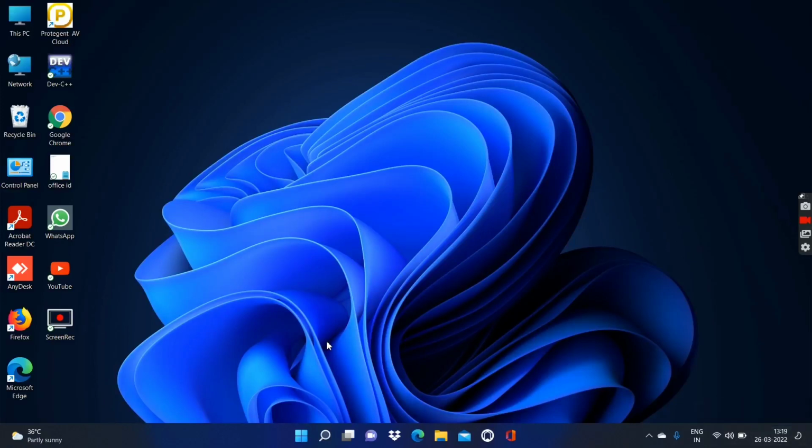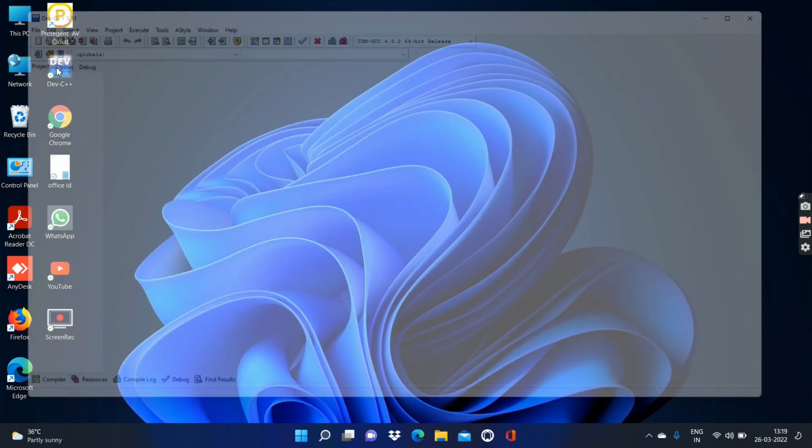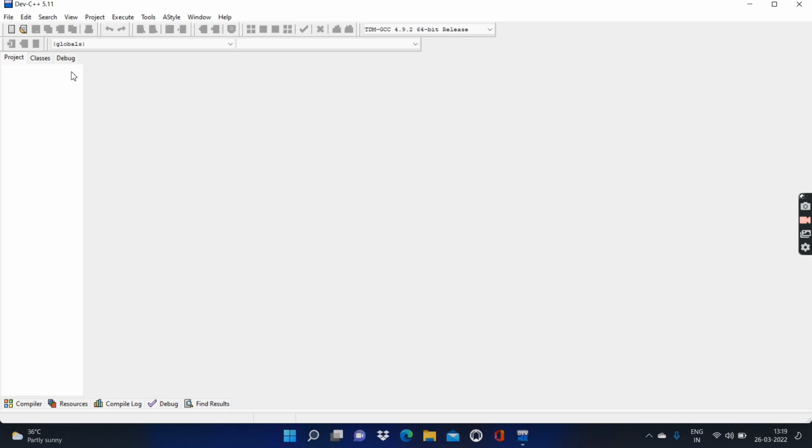So in today's video we'll see how to print the element of an array in a reverse order. So I will open my Dev C++ in which I create a new file with the help of Ctrl+N,